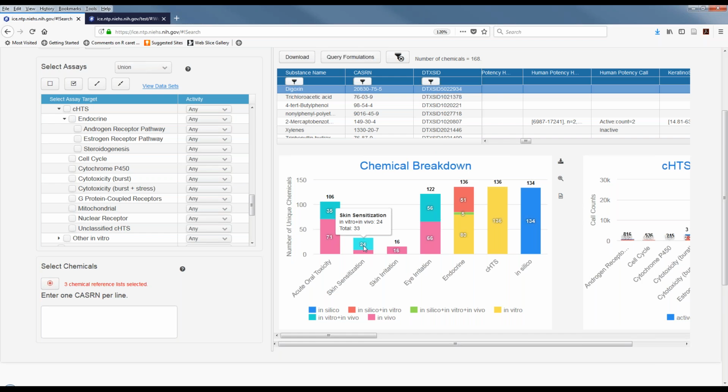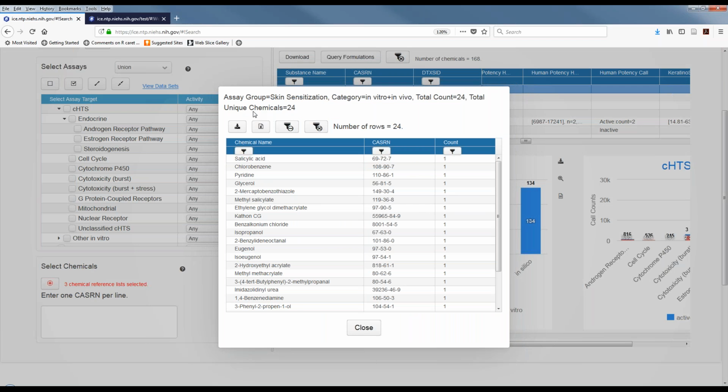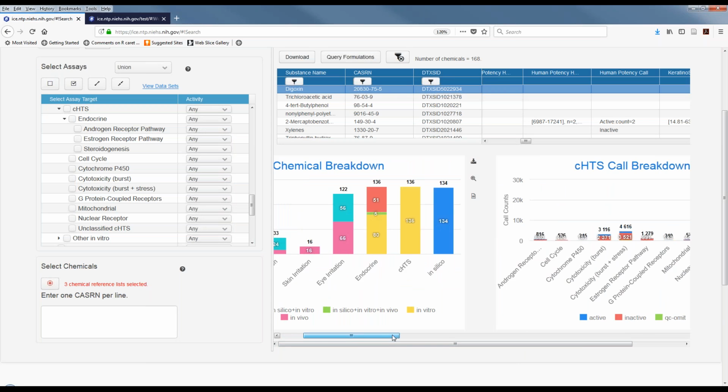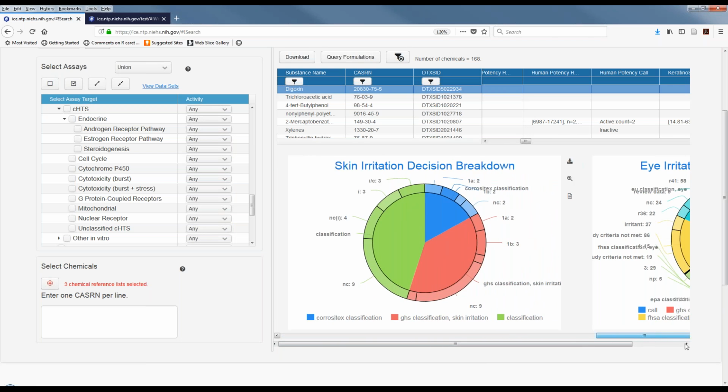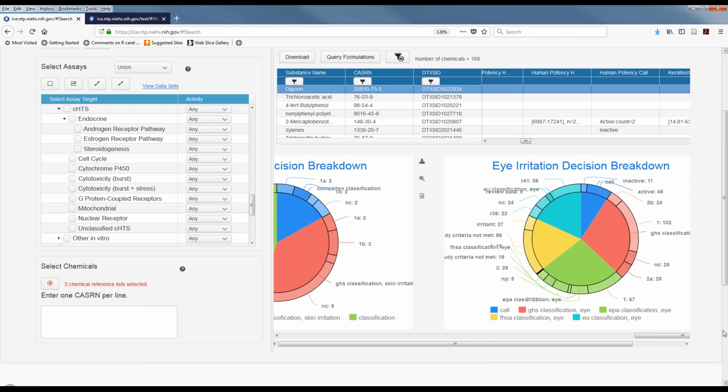And if I want to get that chemical list, I can click on it and it pops up. And so now I can take this chemical list and go on and do other things with it. What's also useful is, sorry if I'm going too fast to make you sick, that you can get this breakdown. And so for some of them, it's more useful than others. So for the irritant data, we have 169 compounds that have an EPA classification for I, and then it shows the breakdown of the different decision criteria there.